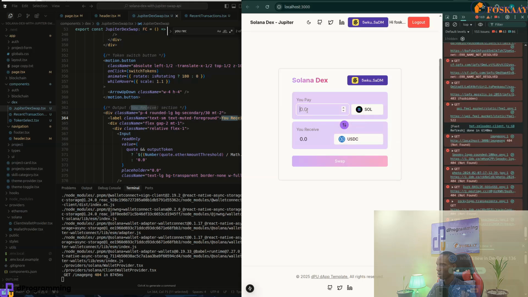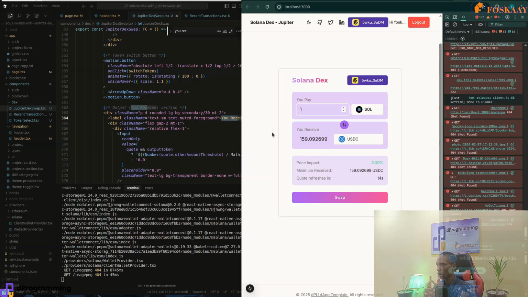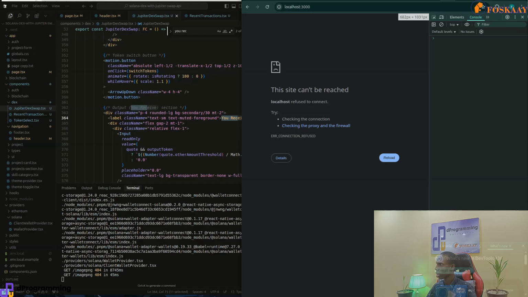Let's put one SOL and see if the quote is working. Cool, you can see that it is working. It's showing us the actual price of SOL. So if we doubt that, we can as well go back to